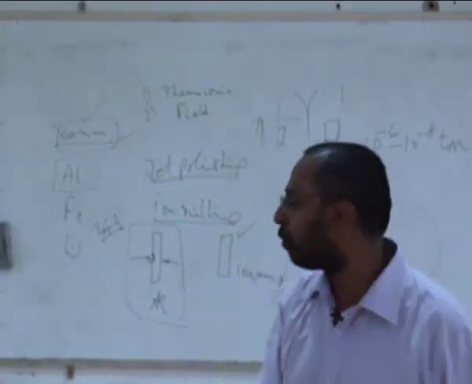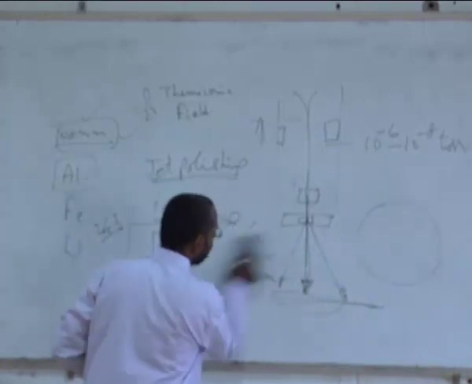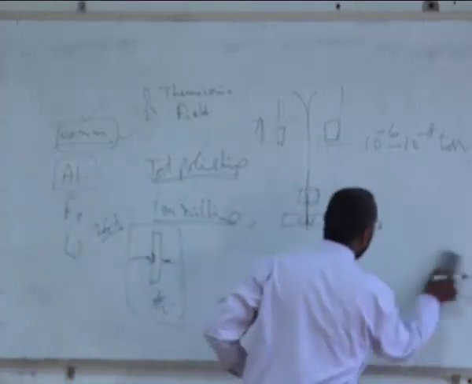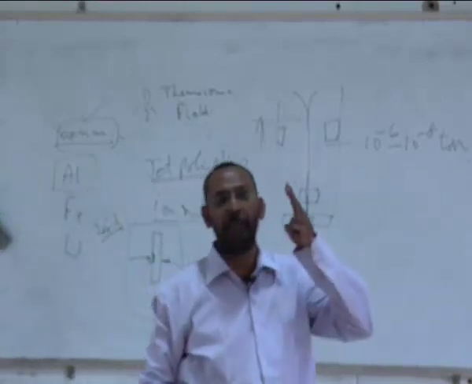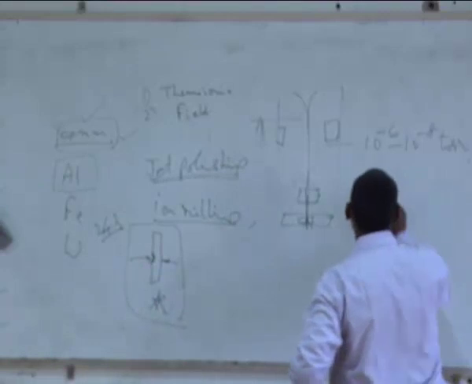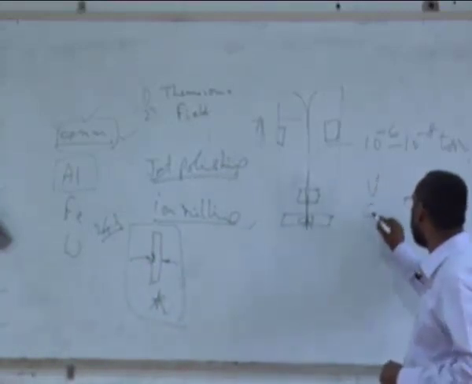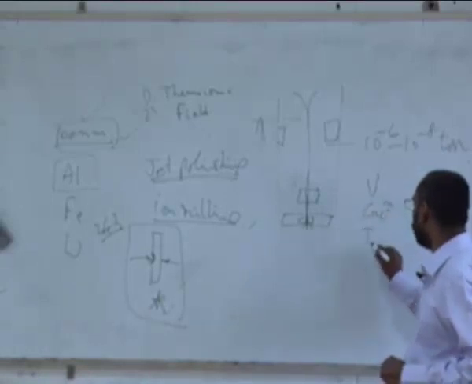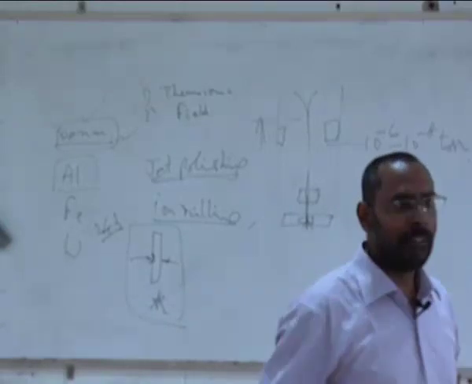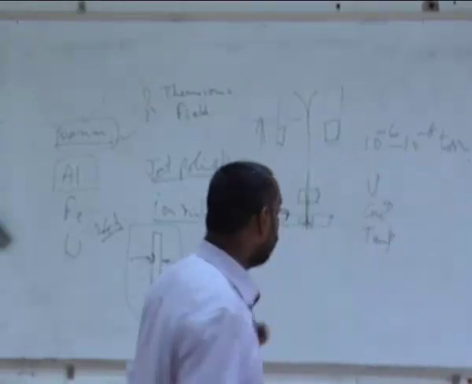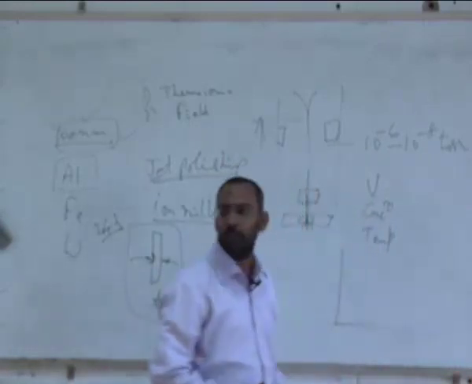But in jet polishing also, one has to be careful in identifying certain parameters. For example, whenever you are talking of electropolishing, there are certain parameters that are important. One is what is the voltage that you are using, and what is the solution concentration that I am using. Third is what is the temperature that I am using. Whenever you are talking about electropolishing, there is a certain IV characteristics that we talk about.